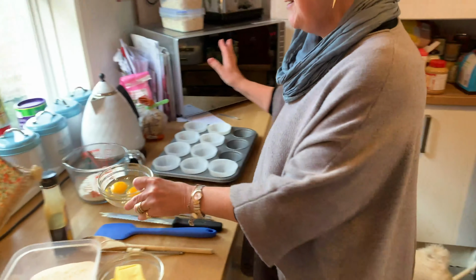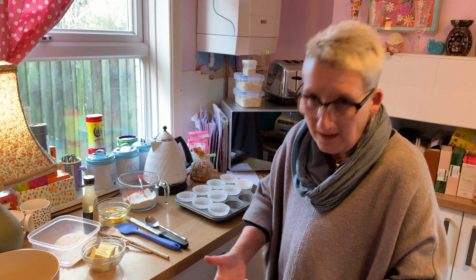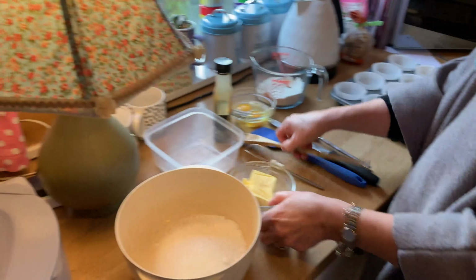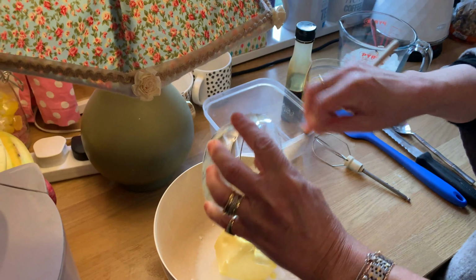Now, I'm not doing this in a mixer because not everyone's got mixers. And the thing is, you don't really need to. And often kids like to do this. And when children cook, they want to get their hands in it. They want to see it being mixed. So here we go. First of all, we're going to cream the butter and the sugar together. Make sure your butter's slightly soft because otherwise you're going to be...